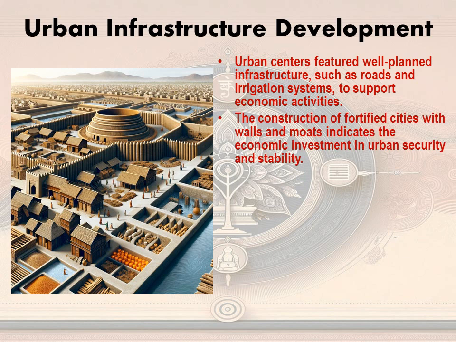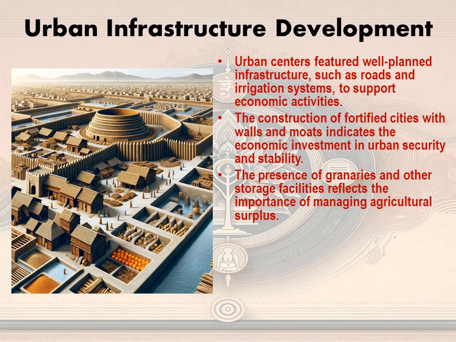The construction of fortified cities with walls and moats indicates the economic investment in urban security and stability. So cities were mainly fortified and had a moat around them. Moat means a channel of water around them, so that intruders, before going into the city, will face difficulty in crossing the water channel, and that was a mode of security implied by the urban infrastructure of the 6th century